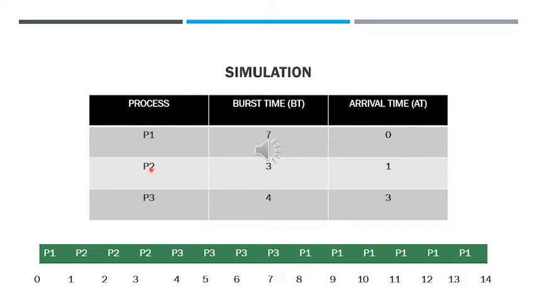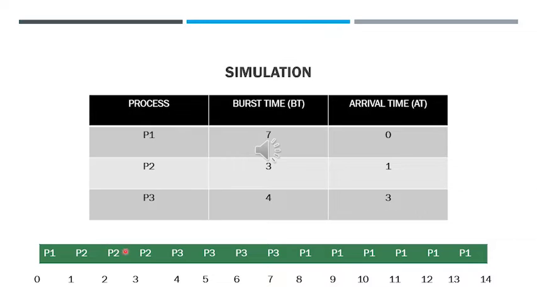In the previous slide, you see there are numbers 0 to 14 and it contains P1, P2, P3, and so on. So here's the explanation. At the 0th unit of the CPU, there is only one process, that is P1. So P1 gets executed for one time unit. At the first unit of the CPU, process P2 arrives. Now P1 needs 6 more units to be executed, and P2 needs only 3 units, so P2